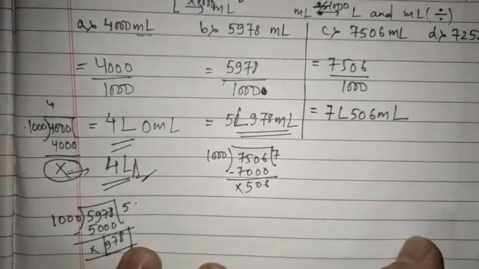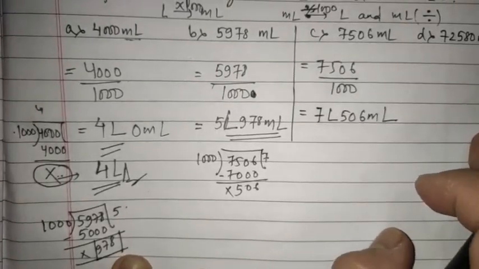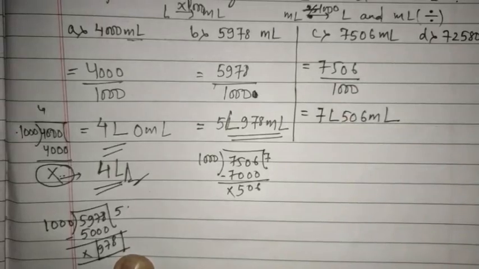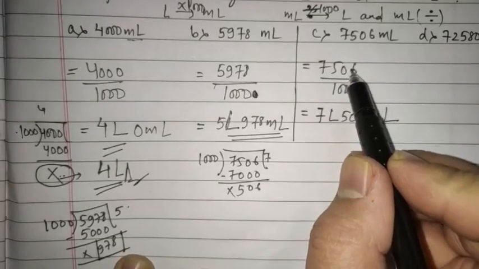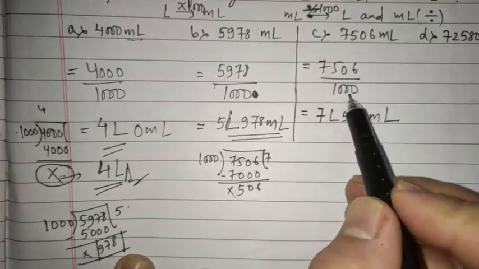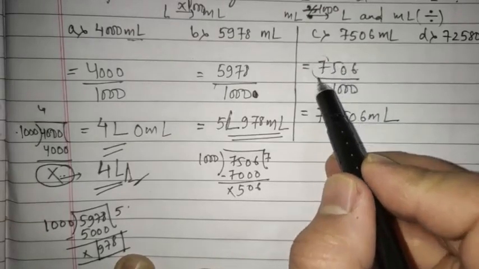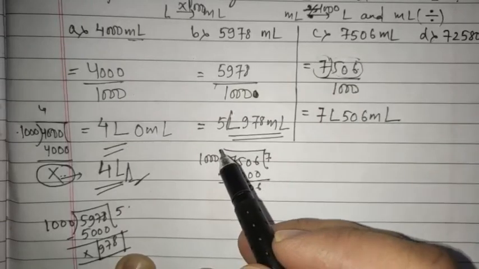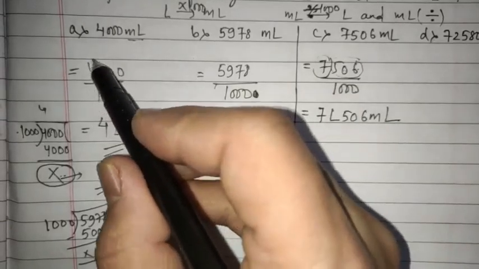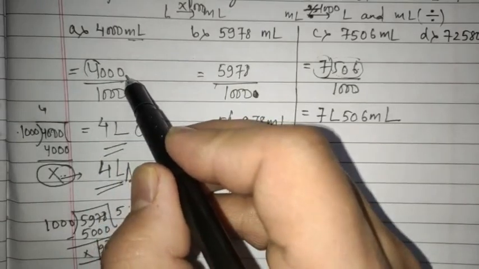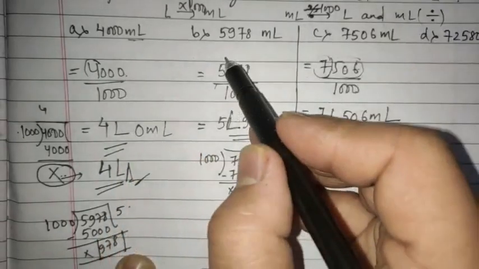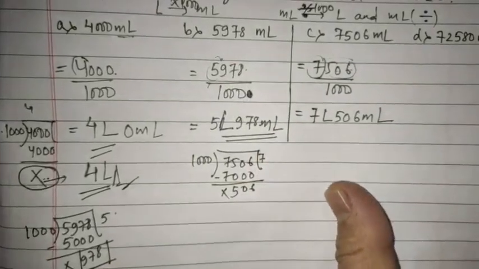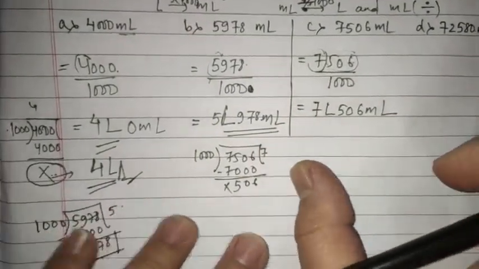milliliter. Yes, student, I hope you have understood this very well. Now you can understand in another way also. Here there is a 4-digit number, 1, 2, 3, 4, and you are dividing by 1000. So the first digit will be actually the liter and the remaining digits will be the milliliter. So here also just see, 4 will be the liter. Now only the zeros are there, so 0 ml. Here 5 liter, 978 milliliter. So this is also the shortest way to solve your work.